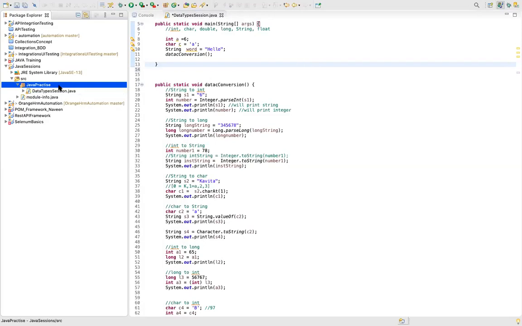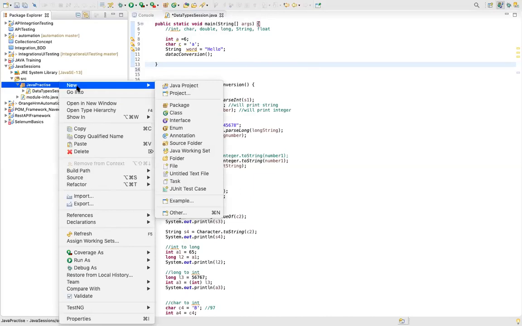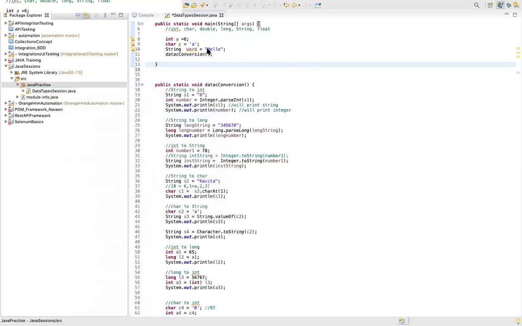Okay, so you can click on new and you can say class. Okay, so let's name this class. What do you think can be the name of this particular class? You can name a class, you just have to follow the standard convention. Let's assume that we are dealing with an animal class.